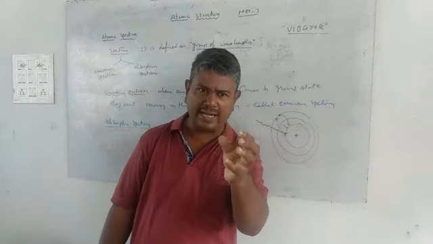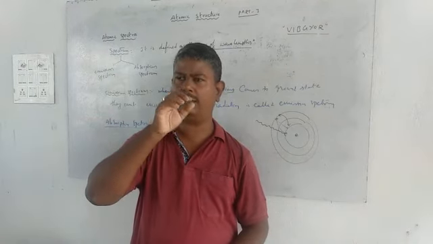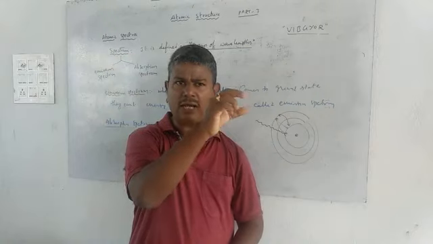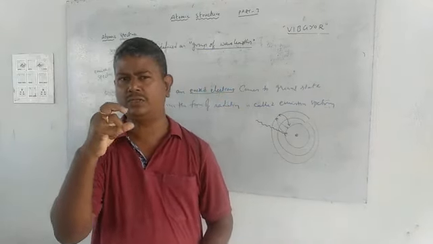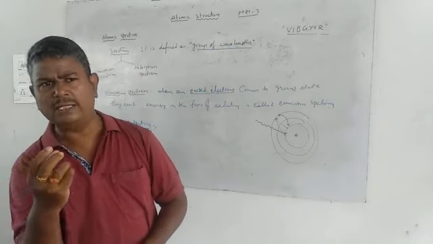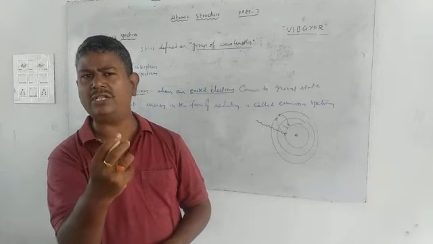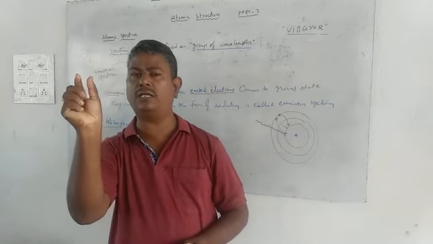A certain amount of energy is absorbed by the electron. So while you are placing a photographic plate, then what happened? On the photographic plate we observe some dark bands. So what do dark bands mean? Some amount of energy will be absorbed by the electron. Whatever energy is absorbed will appear as dark bands on the photographic plate.